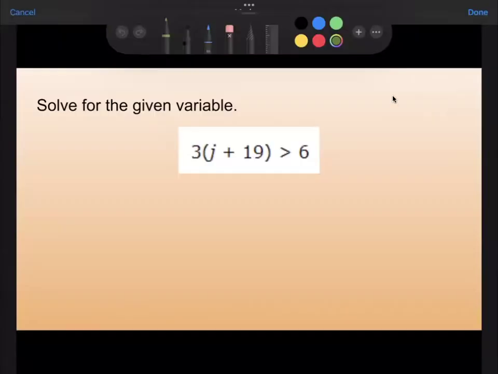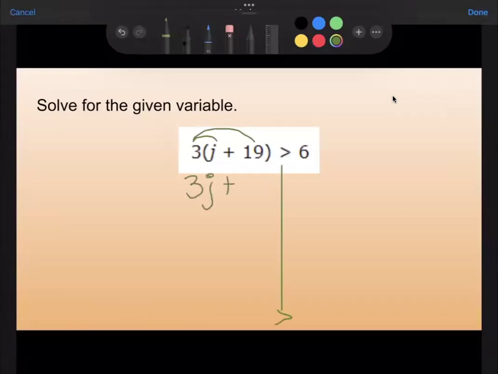Okay, here is our next one. We're going to solve 3 times j plus 19 is greater than 6 for j. Okay, so first thing we need to see is if j, or the variable, is being multiplied or divided by a negative number. In this case, it is not. So I'm just going to go ahead and bring down the line and bring down the symbol facing the same way that it was. Okay, so I need to use the distributive property to multiply 3 times j and 3 times 19. That would give us